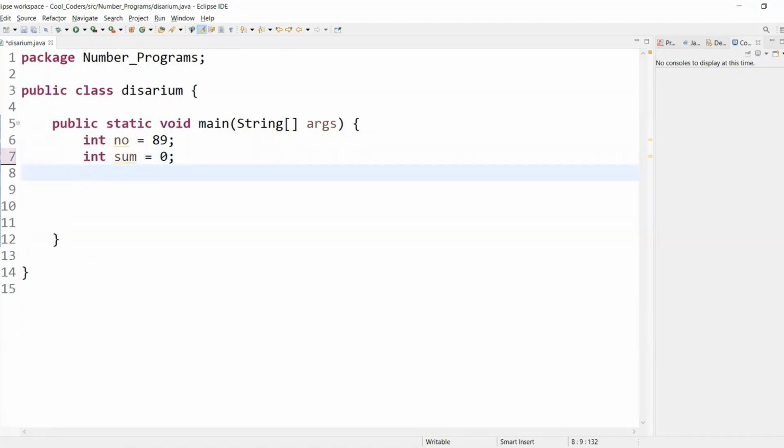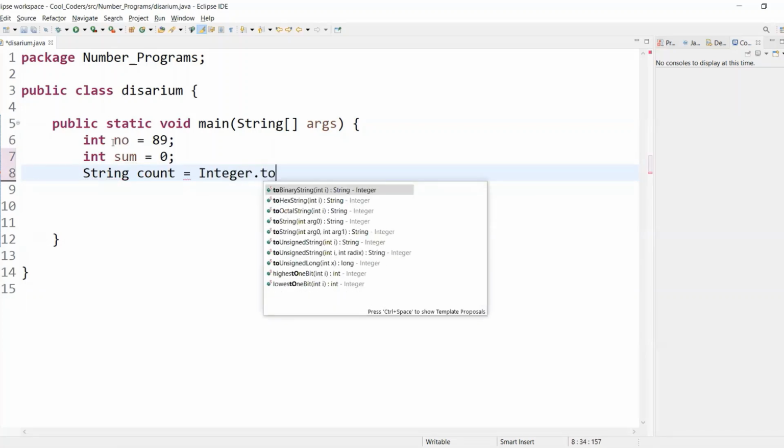Now we have to count how many digits are there in the number, and there is no direct method to count the digits of a number from an int variable, but there is a method from which we can count the number of characters or digits in a string variable. So now we will convert this int variable to a string variable using this statement. String count will be equal to Integer.toString